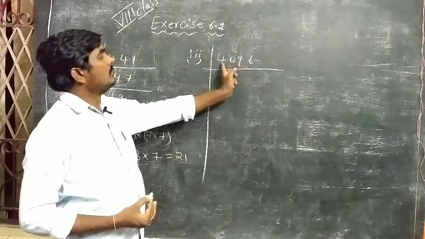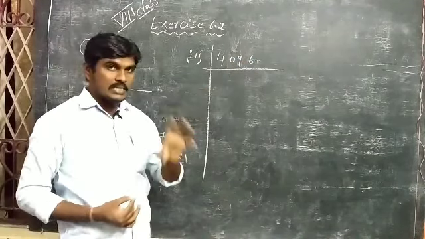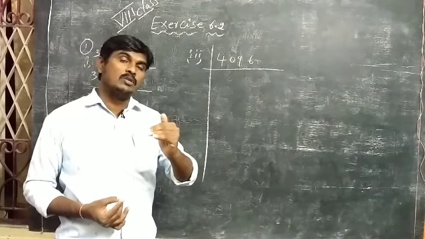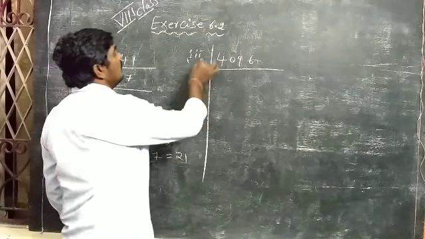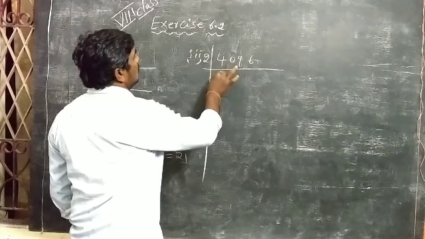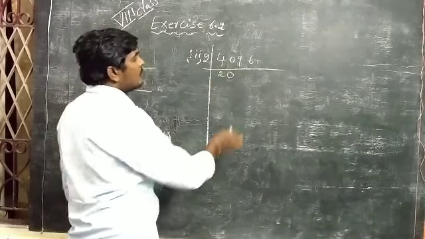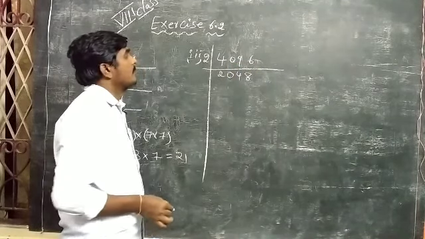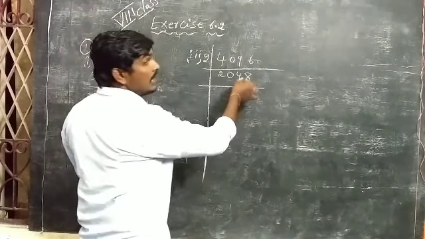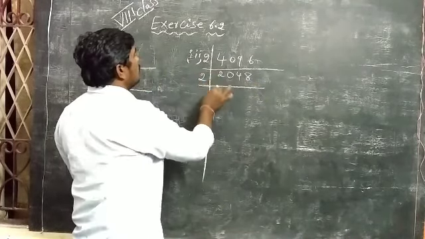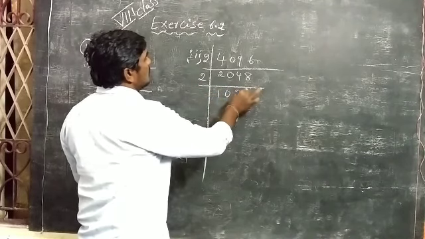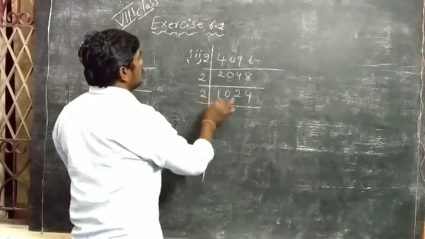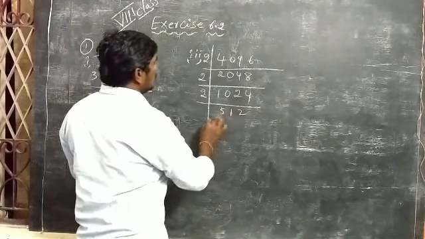Here, in this 4-digit number, the unit place is 6. 6 is an even number, so the entire number is also even. All even numbers are divisible by 2. So that's why we are cancelling by the 2 table. 2 20s are 40, 2 4s are 8, 1 remaining, 16, 2 8s are 16. Next, again 8 is there, an even number, again the 2 table. 2 10s are 20, 2 2s are 4, 2 4s are 8. Again 4 is there, 2 table possible. 2 5s are 10, 2 1s are 2, 2 2s are 4.